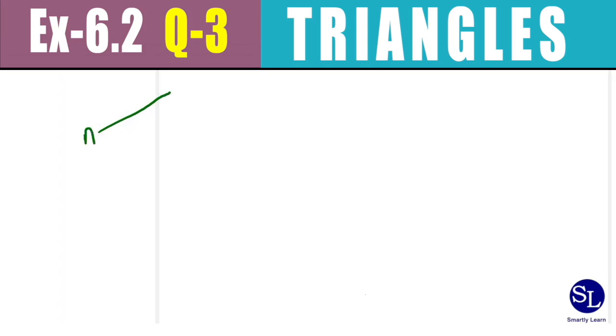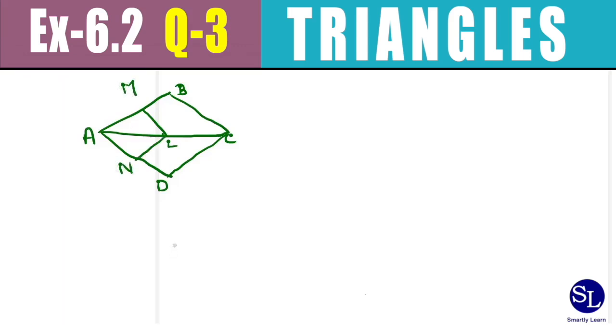So here is A, then I'm going to mark here the C, then I'm drawing the diagram for D. Now let's join this. So this is A, B, C, D, and what was given to you was a point here as L. So I'm joining this, and this is LM that was given in the diagram, and this was LN. So reproducing the diagram is the first part. Then we need to subdivide our answer into sections.